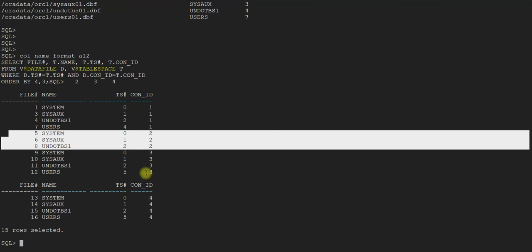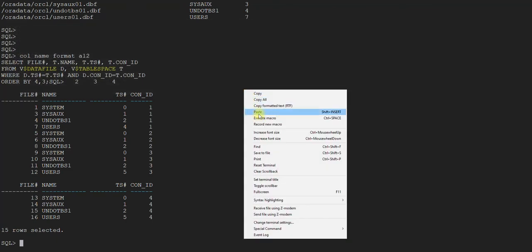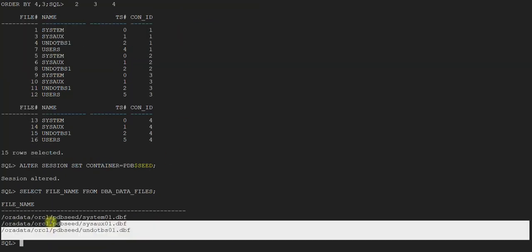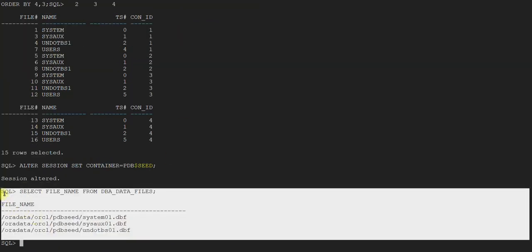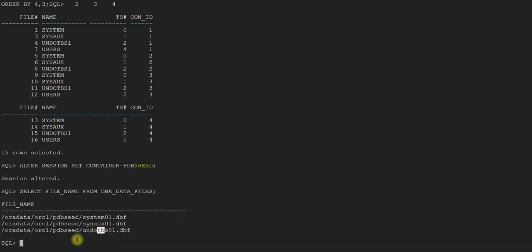Now let's switch the container to PDB$SEED. And let's run DBA data files. It gives you the details of the local data files wherever you are currently.